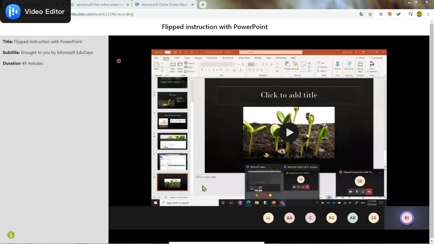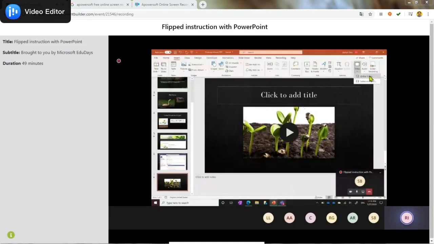So what we were just talking about is the ability to insert online videos into your PowerPoint presentation. The way you would do this is by coming over here to Insert and clicking on Video and clicking on Online Video. When you click here, you can just paste a YouTube URL for that online video and click Insert, which is what I've done here.